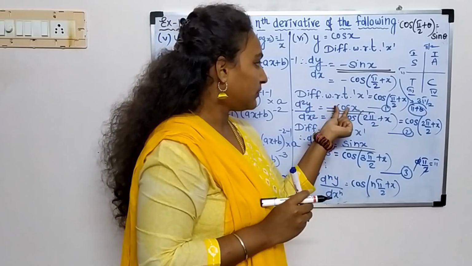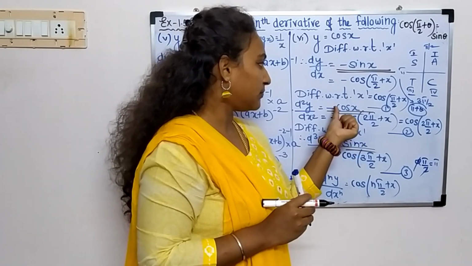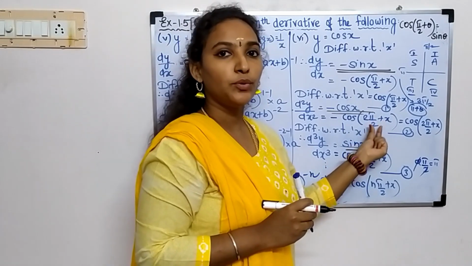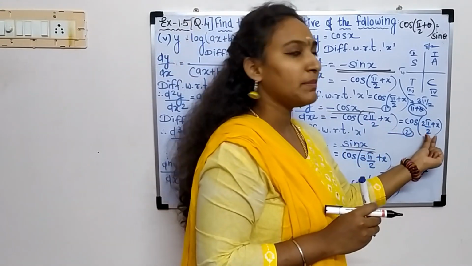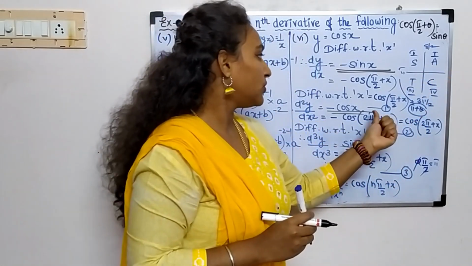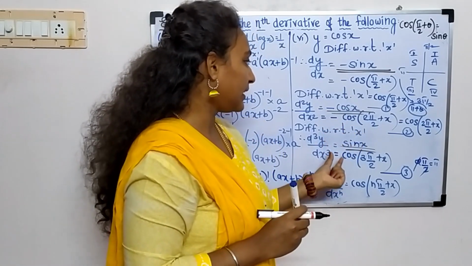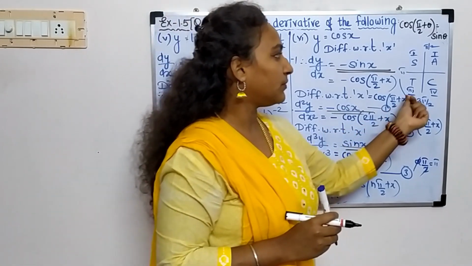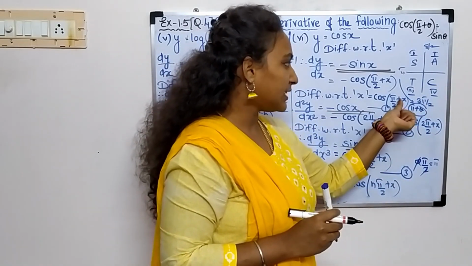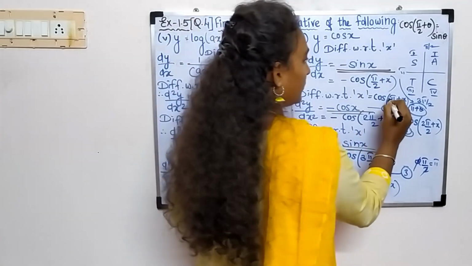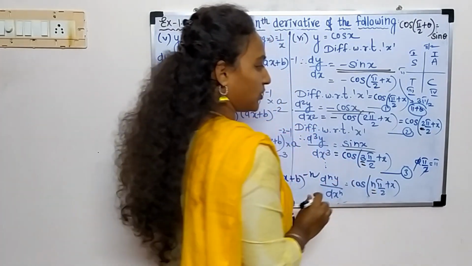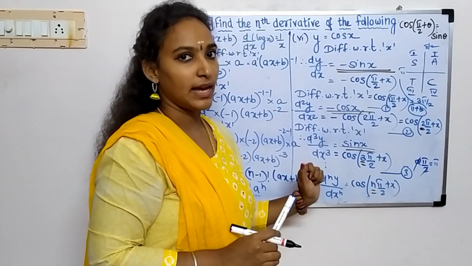Similarly, we have to change minus cos x into cos. Earlier it was pi by 2. So this will become 2 pi by 2. 2 pi by 2 is nothing but pi. It is in the third quadrant. In the third quadrant cos is negative. So minus into minus is plus. Similarly, for the third derivative, we are going to the fourth quadrant. In the fourth quadrant cos is positive. Just follow the pattern. First 1, then 2, then 3 and n so on. Okay. So here we complete our answer.